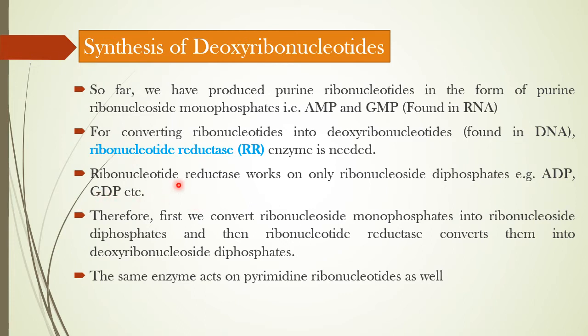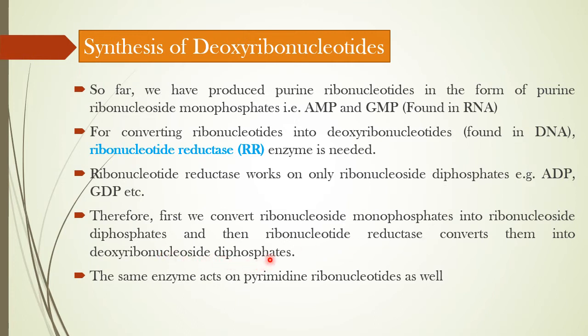So every ribonucleotide which has to be converted into deoxyribonucleotide must be present in its diphosphate form for the action of ribonucleotide reductase enzyme on it. So we need to convert all ribonucleoside monophosphates, for example AMP and GMP and others, first into ribonucleoside diphosphate, for example ADP, GDP and others. Only then will ribonucleotide reductase work on them